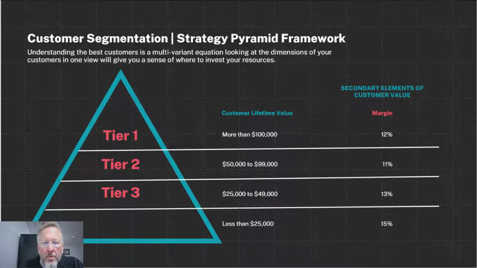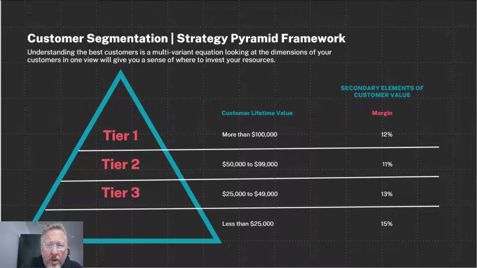But if you look at this one, I want you to break down your clients: tier 1, tier 2, tier 3, and then others. So a tier 1, guys, this is just an example of how to break it out. Depending on your products and your services that you sell is going to determine what is the value that you would put in for tier 1. So tier 1 may be somebody who spends $25,000 with you. For the example I put together right now, they spend more than $100,000 for you in a lifetime value.